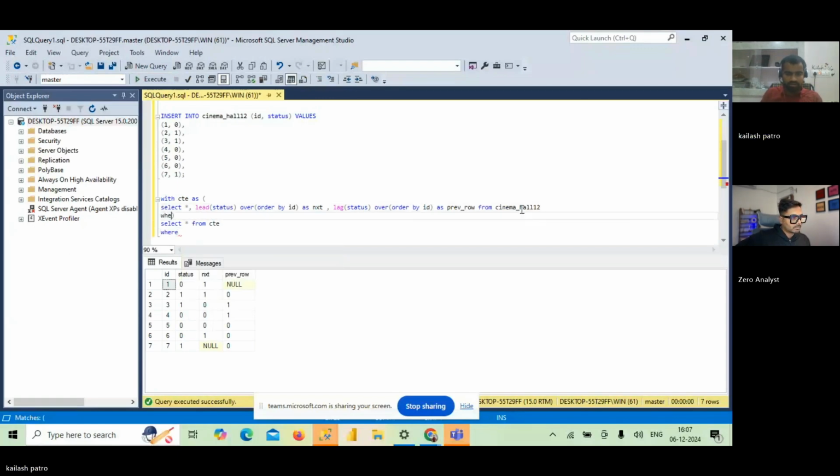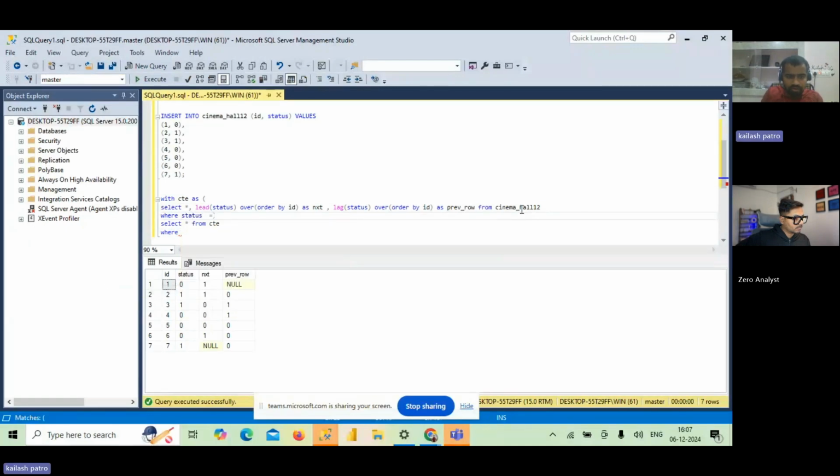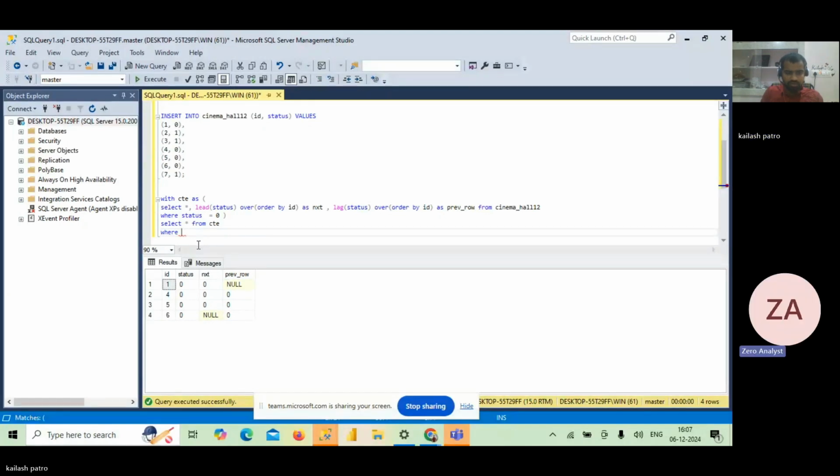Where status in the CTE is equal to 0. Yes, you're very close. Got it, sir. Where status equal to 0